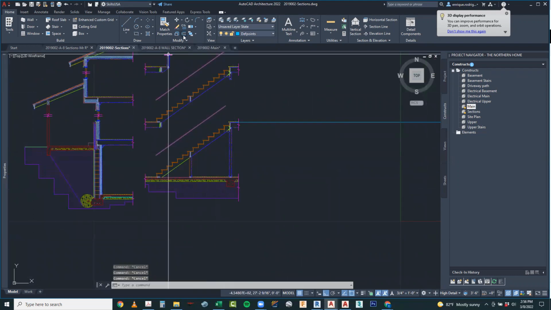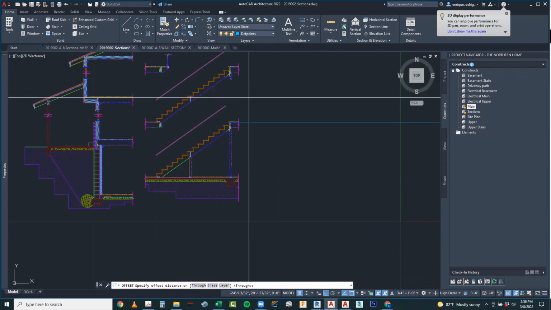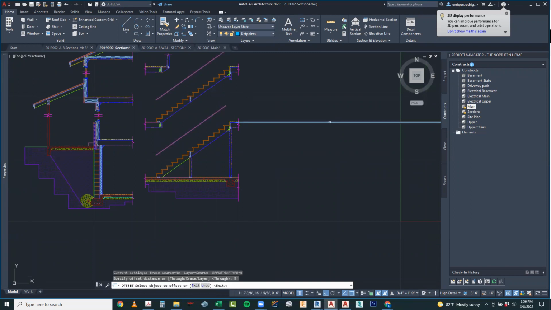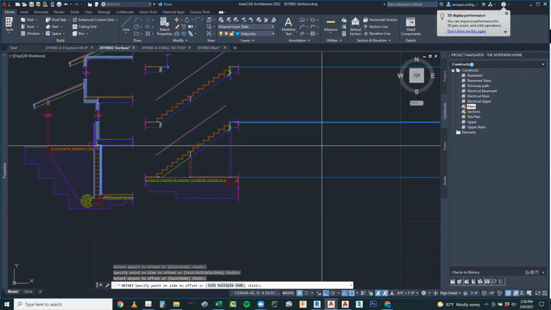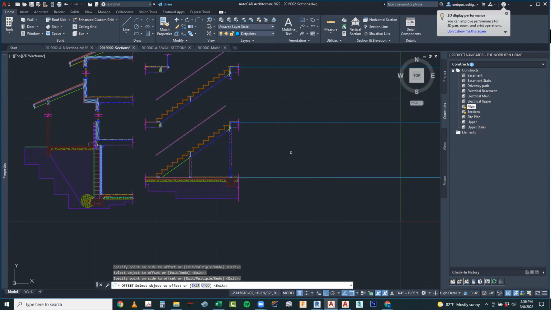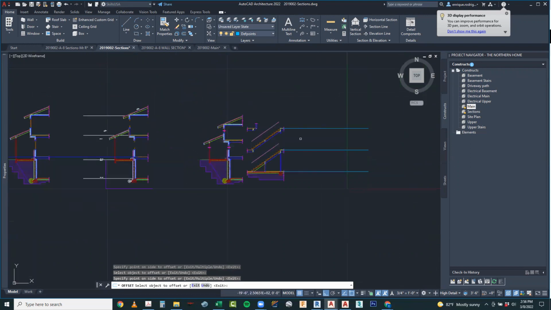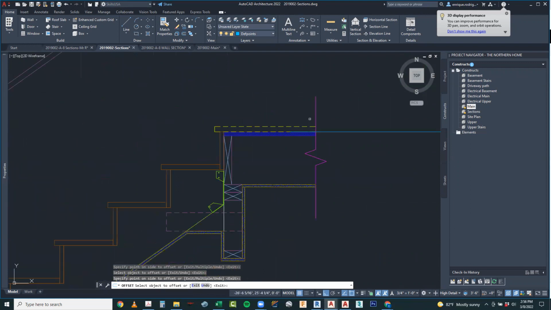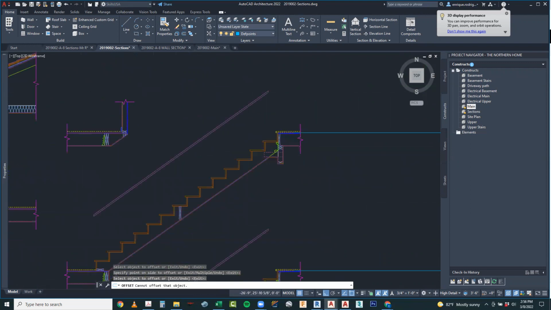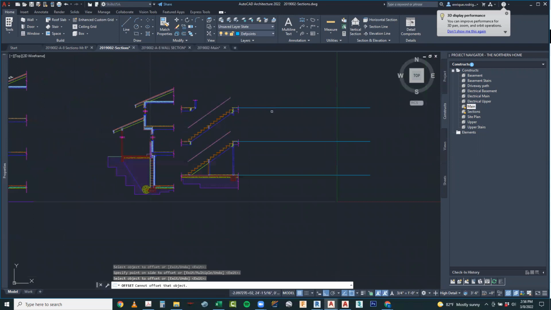Then I'm going to offset it 9 feet up and 9 feet down. Now you notice, unlike the other drawing for the sections, this matches exactly what it needs to match for our floor-to-floor heights. We don't really need to show all the way to the roof because there's nothing informative about the